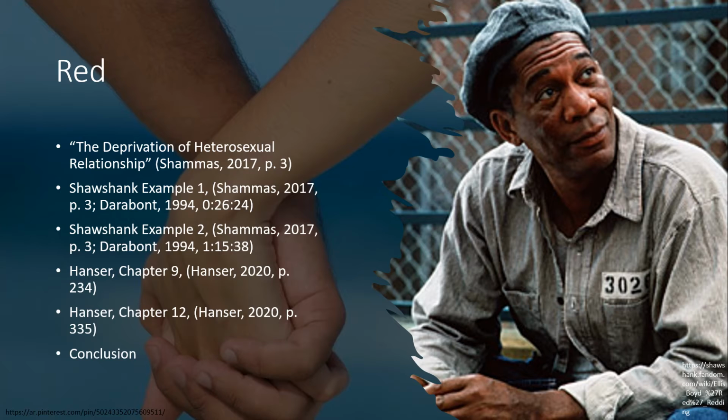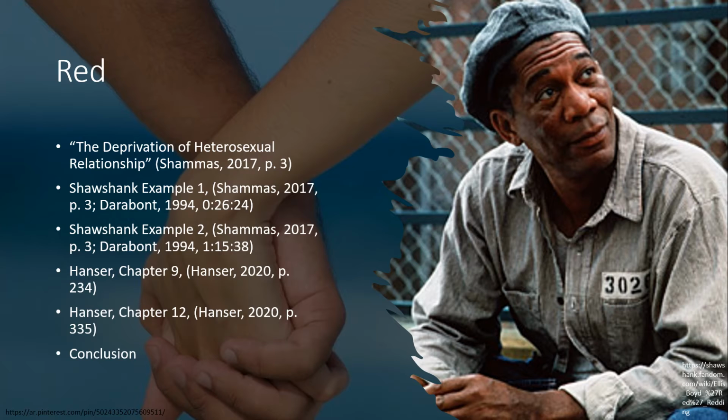The second Shawshank example comes from Darbunt, 1994, 1 hour, 15 minutes, 38 seconds. This is where Red is sitting in a cell. There is a picture of a woman behind him. It can be reasonably assumed that this woman is a representative of his lack of heterosexual relationships. This is due to